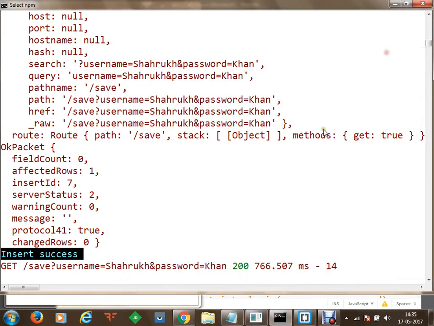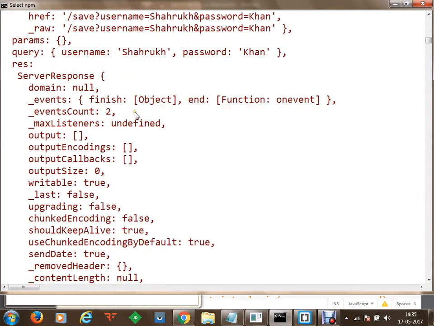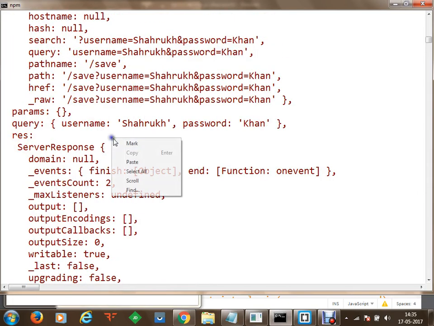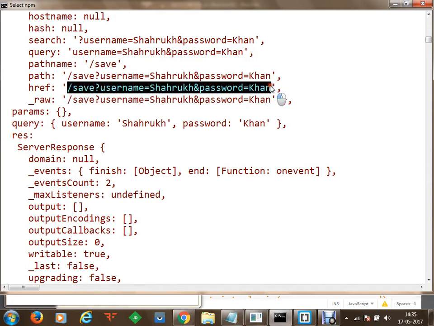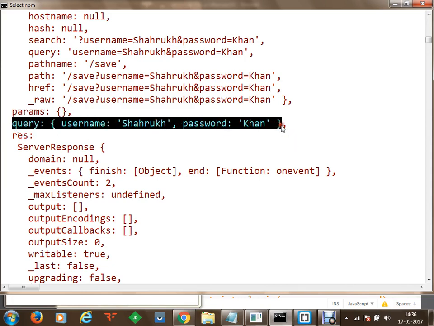Let's go to the request header, and inside this part you can see that we have received the query in this particular format, and the parameters are null this time. All the parameters are available in the query section.